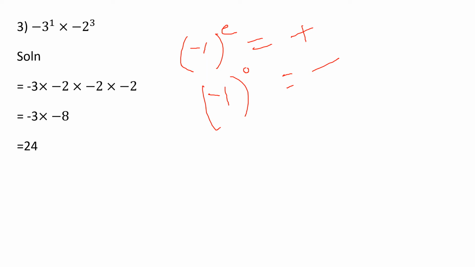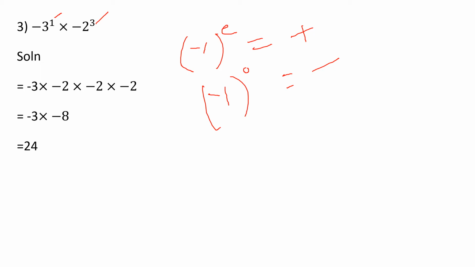So here 1 is a odd number or even number? It's a odd number, right? So 3 is a odd number or even number? It's a odd number. So it is easy to remember this one. So you don't want to do the calculation. If you see a odd number in the power, the answer will be negative. So you don't want to multiply minus into minus, plus then plus into minus, like that you don't want to do, because this is an easy method to do the calculation.